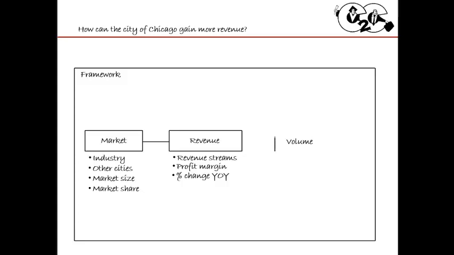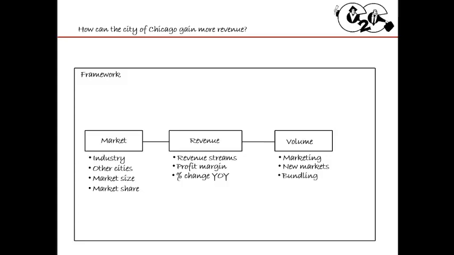And then I'm just going to look at volume. With volume, because this is now about growth, I want to look at how can the city of Chicago market these products that will gain revenue. What are new markets for them to enter, such as Chicago is starting to do this thing where they're trying to really enter the entrepreneurship or the tech bubble that's coming up right now by having things such as 1871 and some other components to really facilitate growth within the city.